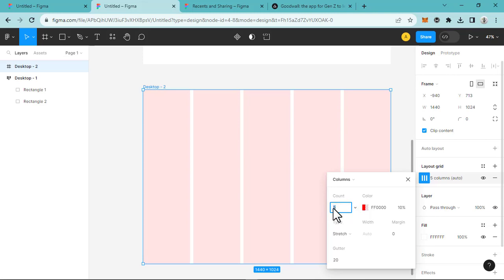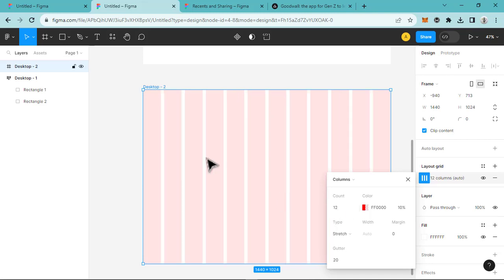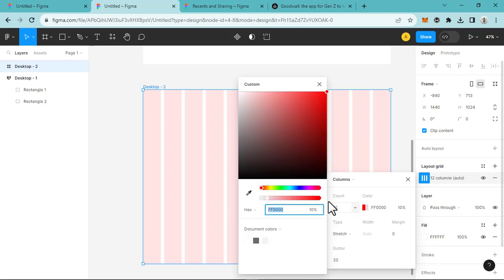It's always good to break your count into like maybe 12, 8, 4, 2. 12, 8, 4 is okay. So let's say I put 12 here like this. So our count is in 12 columns now. So this is where maybe you can change the color from red to blue, anyhow you want to do it with your grid. Understand? Let me just leave it at red,